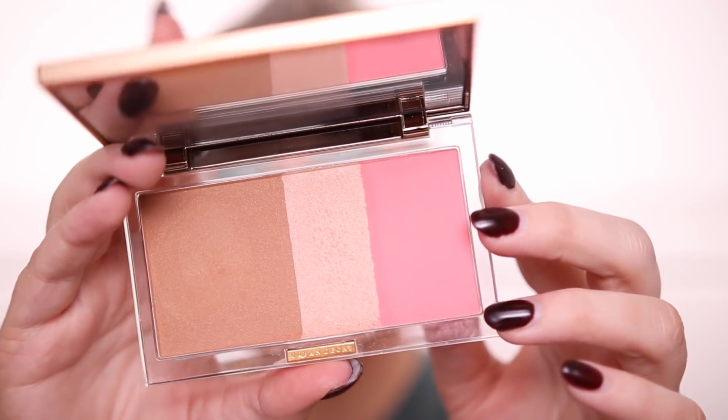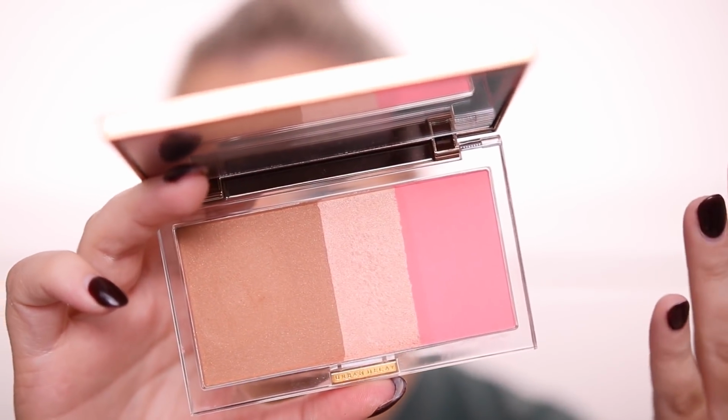So now I wanna move into this Urban Decay palette. This is what it looks like. This is the Stay Naked Threesome in the colorway Naked. I'm gonna go into the bronzing part of this. I'm gonna use this to warm up the face. The one thing I will say is there was no deep